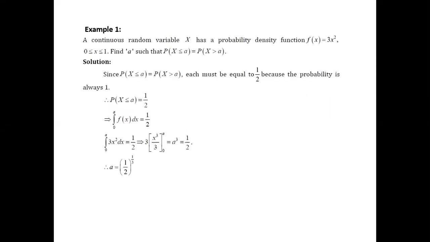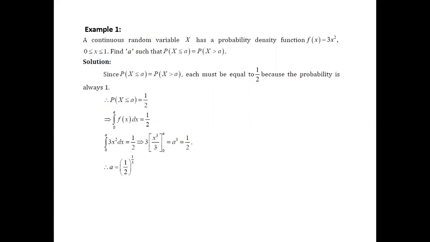Now we'll see some problems on continuous random variables. So first one: a continuous random variable X has the probability density function f(x) equals 3x squared, for 0 less than or equal to x less than or equal to 1. Find A such that the probability of X less than or equal to A is equal to the probability of X